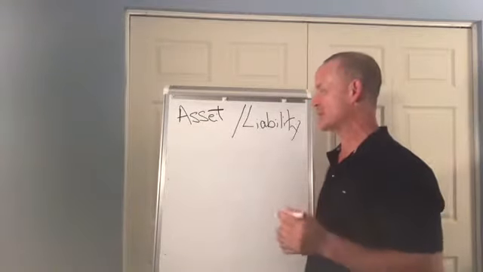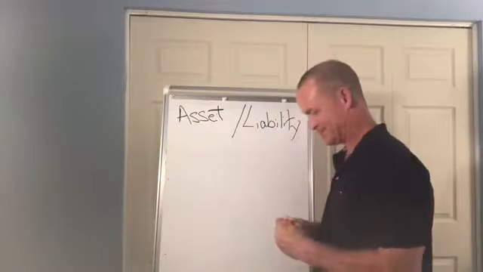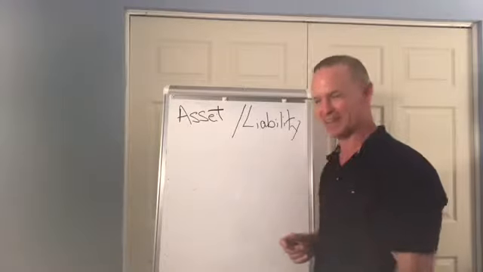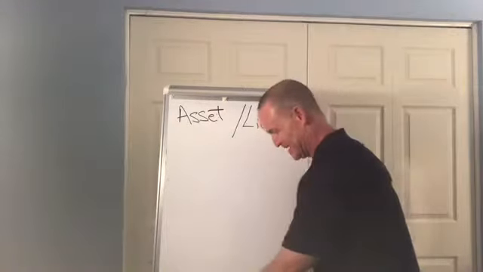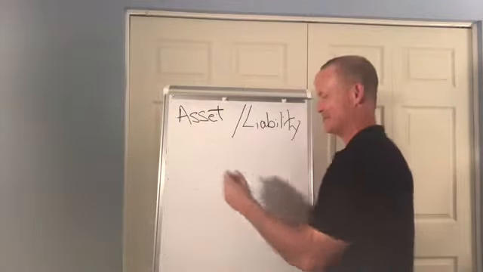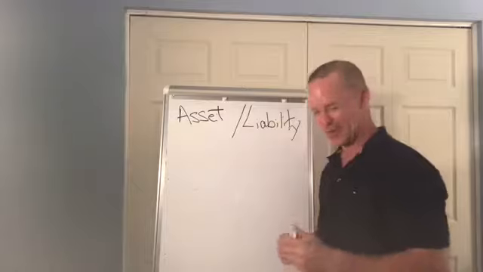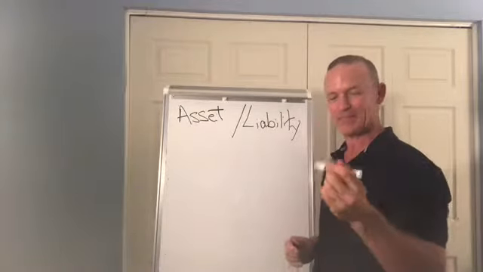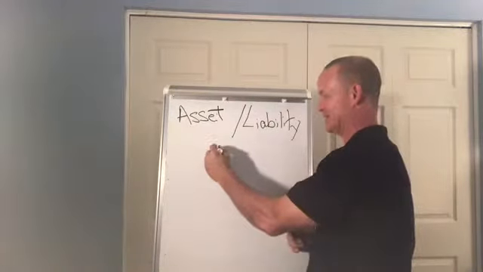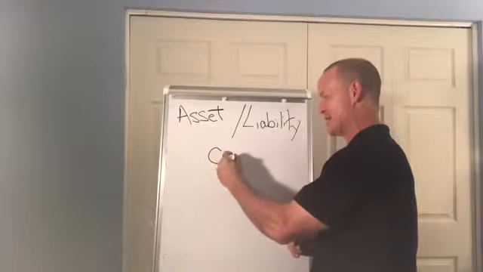So, for example, you could put maybe, oh, marker doesn't work. Liability. Let's try this one. Okay, so maybe we could, two for two. See that? I'm loading up on liabilities today. Let's see if I get a good one here. All right, there we go. Maybe an asset. So we could put a car.